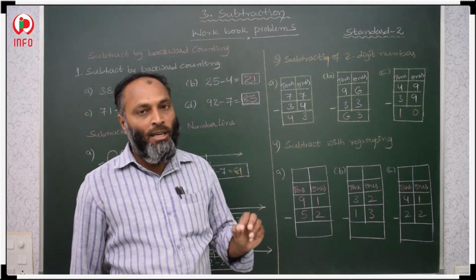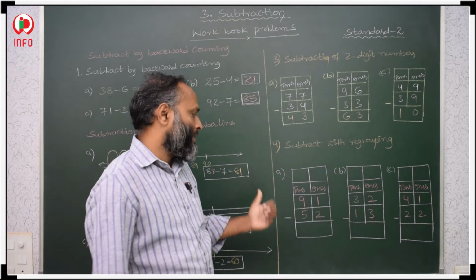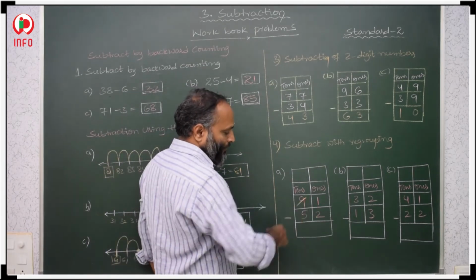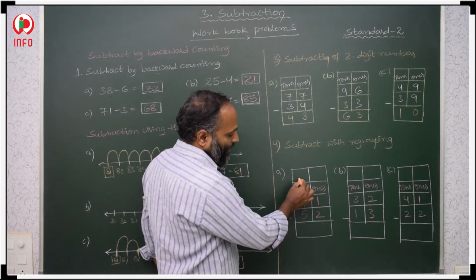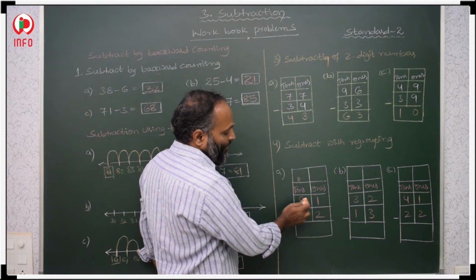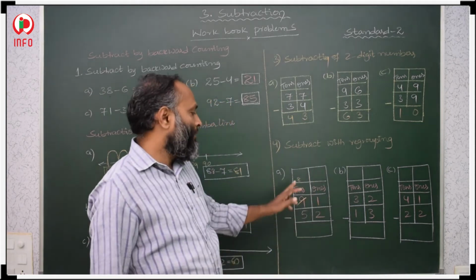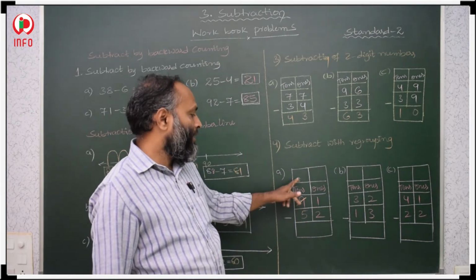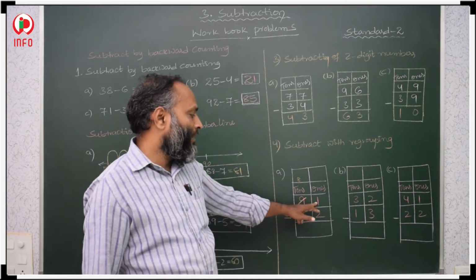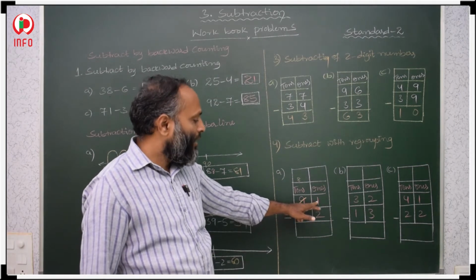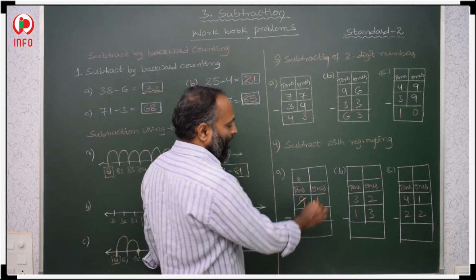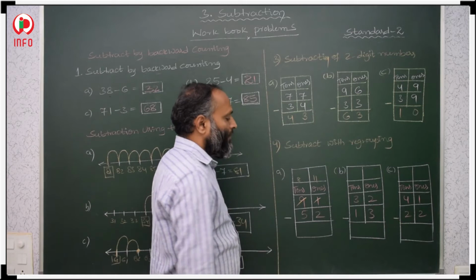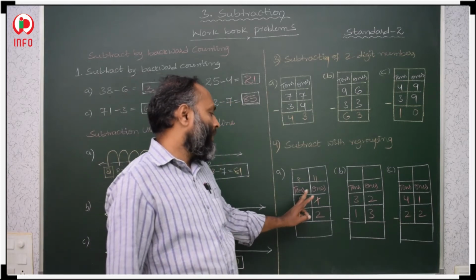We have to take a carry from the next place. So from where? 9 is there. From here it will become 8. So here we have to take 1 ten. Total 9 tens were there, so taking 1 ten leaves 8 tens. If you take that ten to the ones place, 10 plus 1 is 11. Here we will get 11.